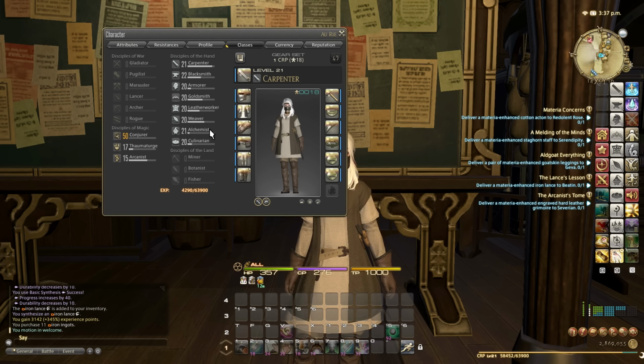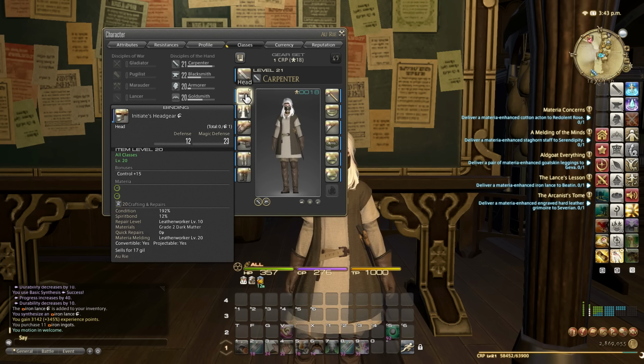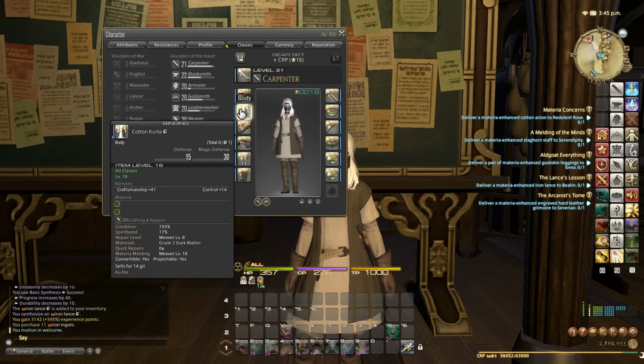Now, what we're going to be doing for levels 20 to 25 is we're actually now going to start thinking about leve quests. The very first thing to do at level 20 is to upgrade your gear. So if I show the best gear you can get at this level, level 20, you can get the Initiate's Headgear, the Cotton Kurta,